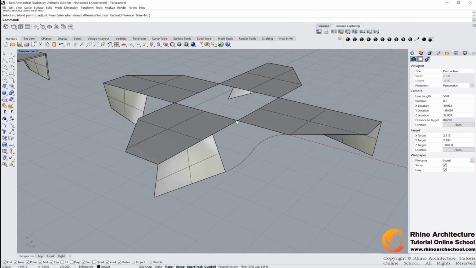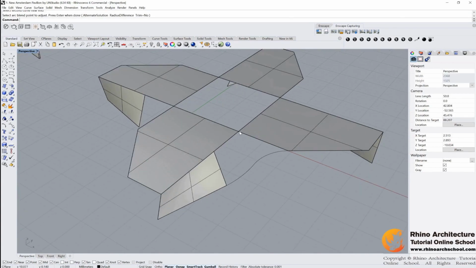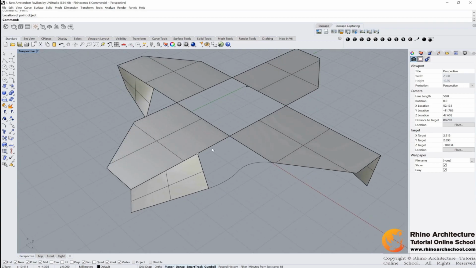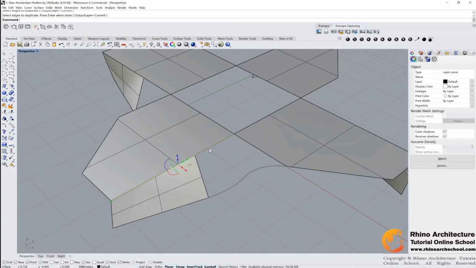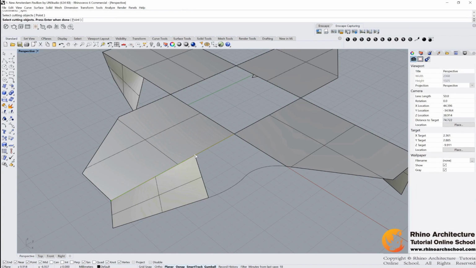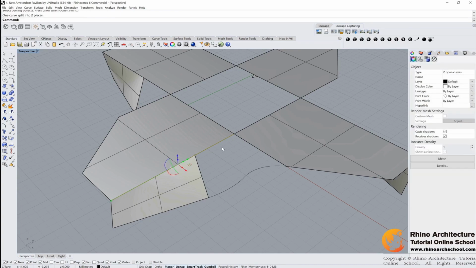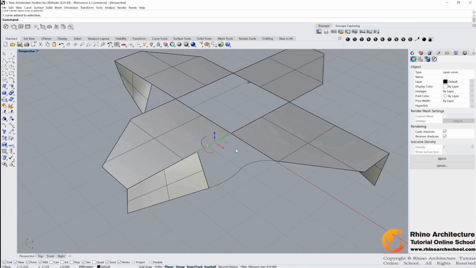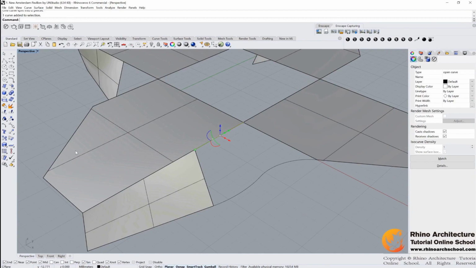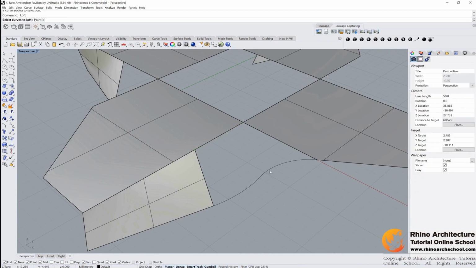And then create another surface for this one, right? So I need to get a line. The length is this part, not the whole line from here to there. Okay, so I mark a point here. Cool, and use Dupedge to get an edge, and then use Split, left click, and choose the point. Press enter to split our line. Oh, I get my shorter line. And then I can use Loft,